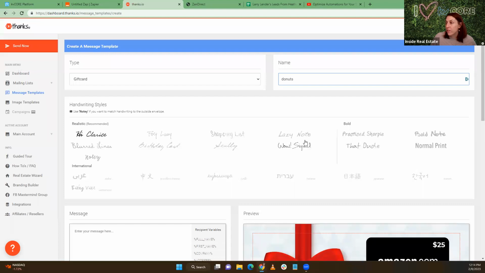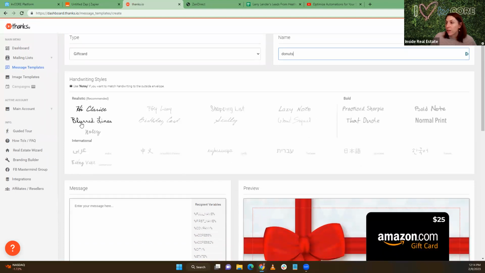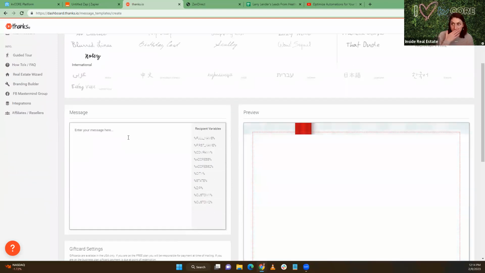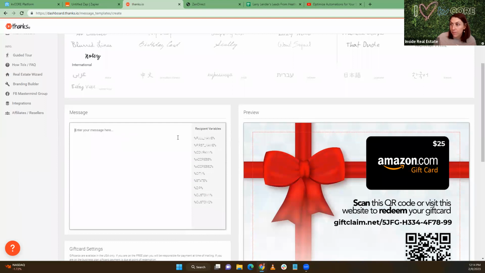You can choose any of these handwriting styles, so it kind of looks like you wrote it. Which looks like my handwriting? None of these really. Probably this one. And your message could be, congratulations. You can use these merge tags, kind of like we have in KV Core. I want to spell it right. Congratulations. Hopefully your